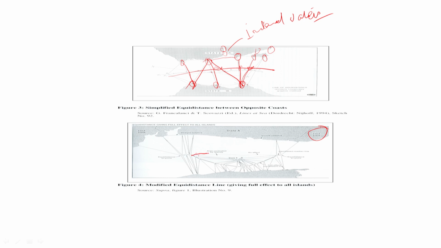This is the hypothetical median line that goes in between, but this is not the point to decide here, because here we can see, since there is a dent in this state, we cannot rely on the straight line for the measurement, so we will have to take that dent. So another line is drawn, a bit curved line, that covers the dent part